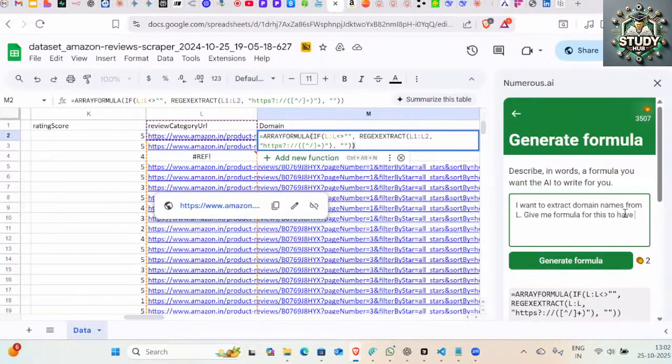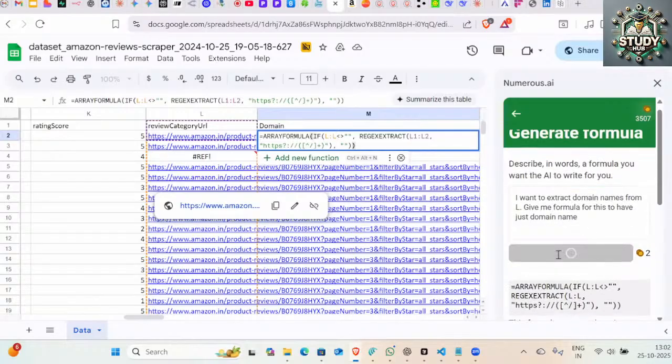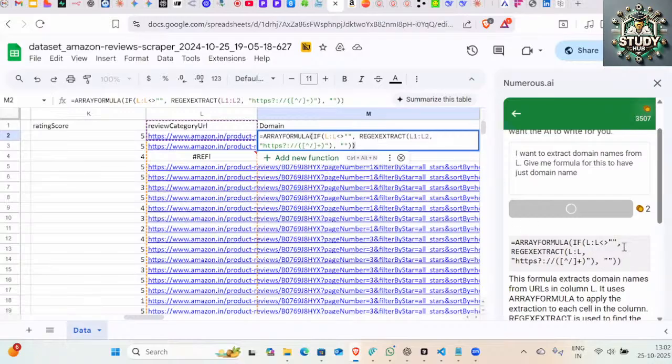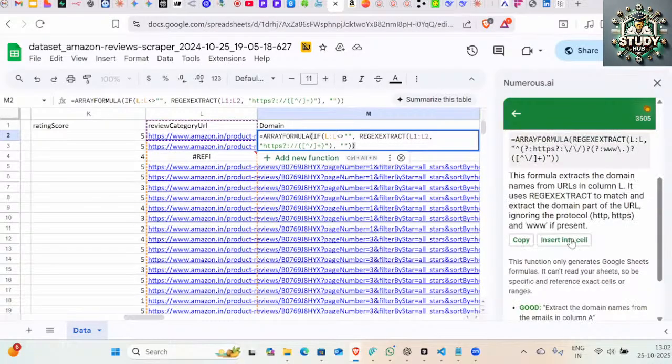To have just the domain name, right? Insert into cell. I can directly copy paste also. It can now have both the HTTP plus WWW protocol. And let me check whether it is working.